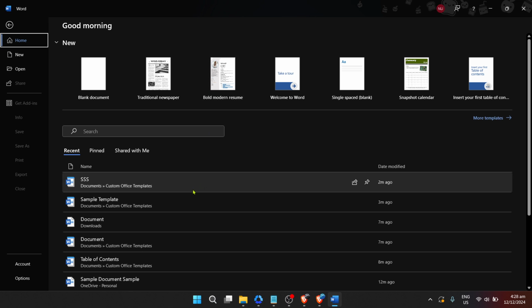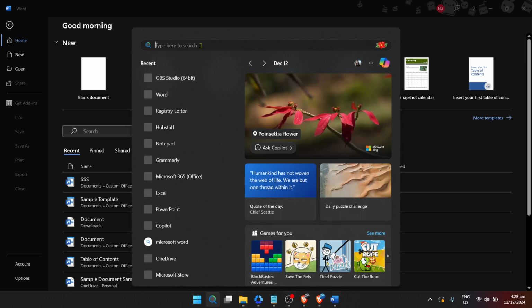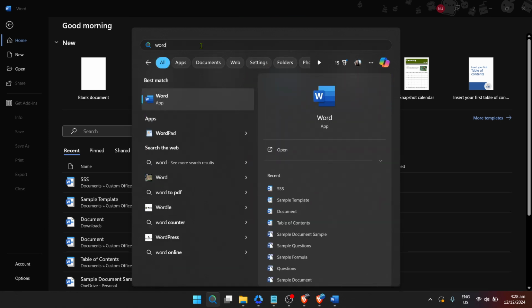First things first, let's get Microsoft Word open. Begin this process by locating the Windows Start menu. You're familiar with this, it's the little icon at the bottom left corner of your screen, usually represented by the Windows logo. A simple click there will bring up a world of applications at your fingertips.